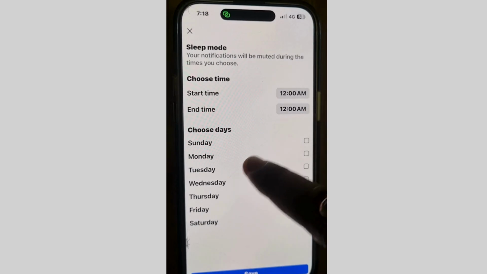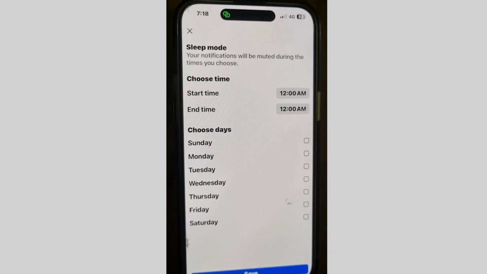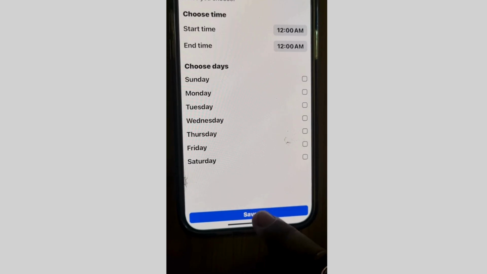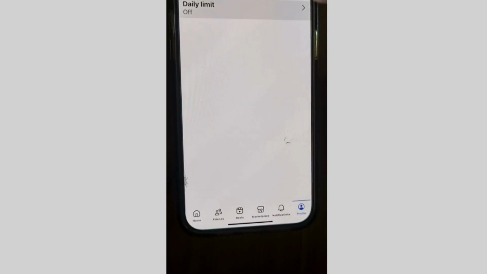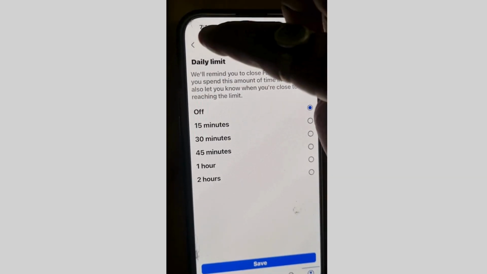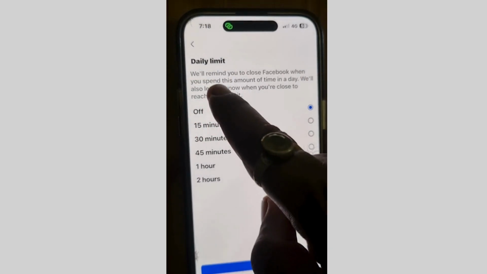Enable this feature, turn the toggle button on and you can set a time limit, a start time, end time, and also you can choose days. If you want to change it, simply tap on the start time and end time, and tap on save. For example, go back